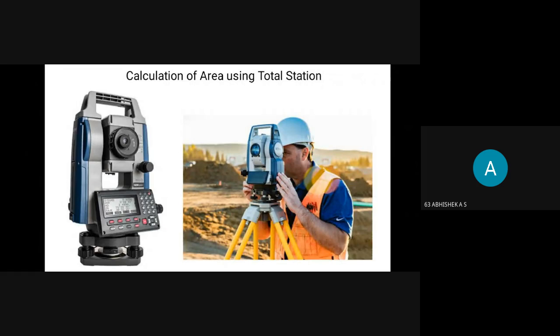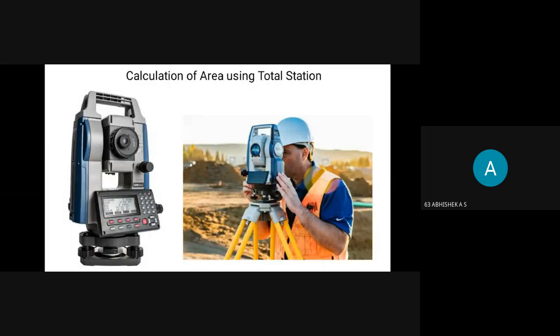So in this experiment, we are identifying some points on the field so that we are finding the area of the polygon which is being enclosed by these points. So that is really the experiment. And here we are using an instrument called a total station. So let us see what a total station is, and after that we can see the experiment in detail.